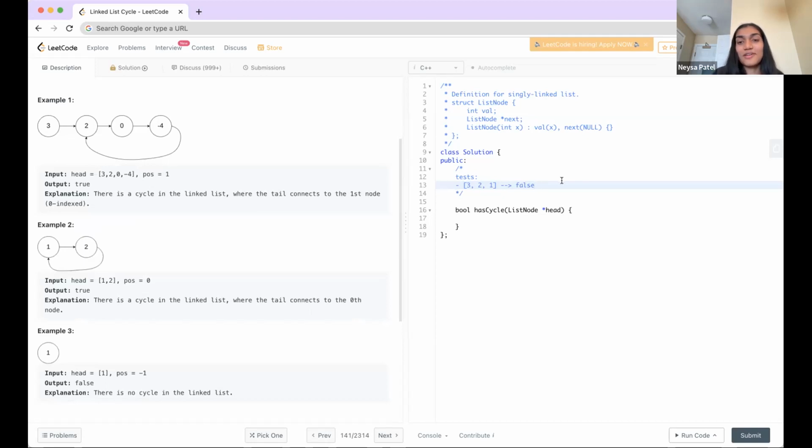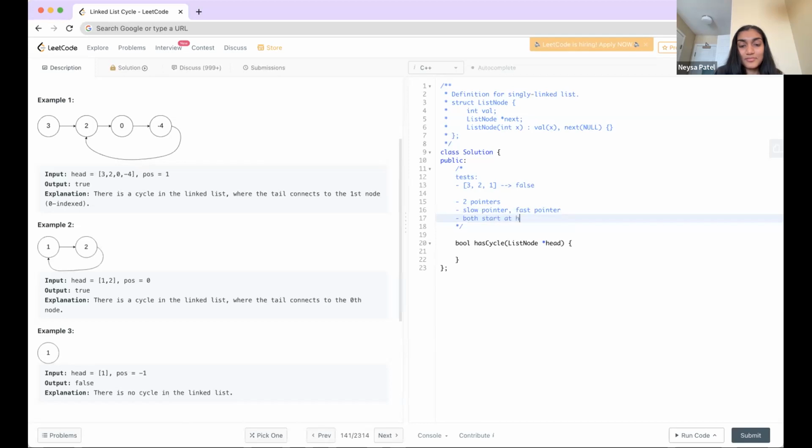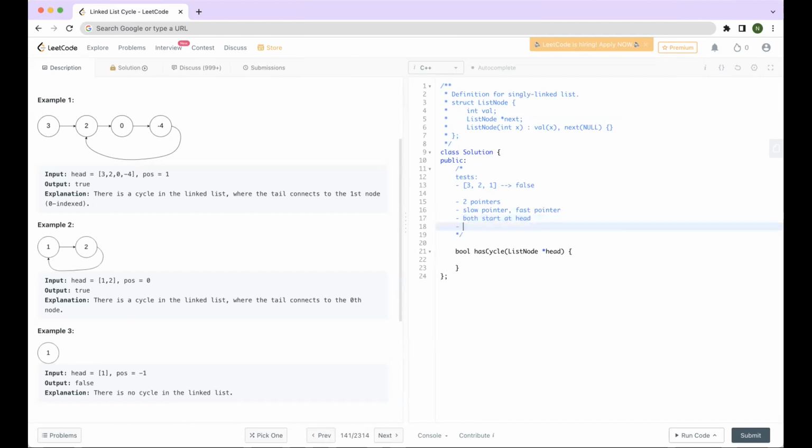Does anyone have any ideas on how we can do this? Could we use two pointers? Mm-hmm. I think it's called the turtle and the hare algorithm or something like that, where there's a slow pointer and a fast pointer. They both start at the head, and then while the fast pointer is not none, so while fast.next is not none,